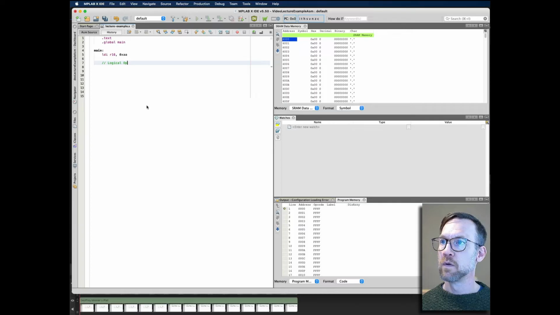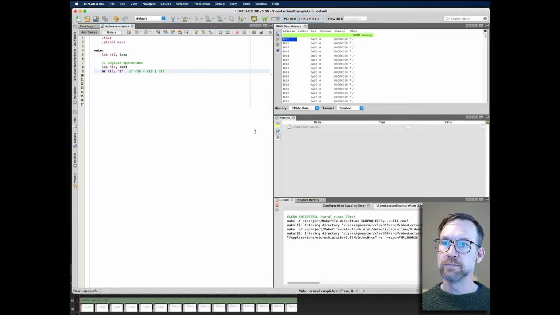I'll make a little section here called logical operations. The first thing that I want to do is load the number 1 into register 17. I want to use register 17 to set the least significant bit of register 16 to 1, and I'm going to do that by using the OR operation. So I'm going to OR register 16 with register 17. This implements register 16 equals register 16 bitwise OR with register 17. If we save that and compile,